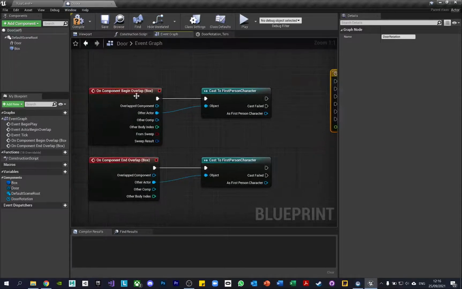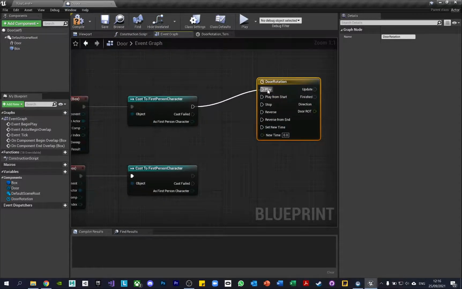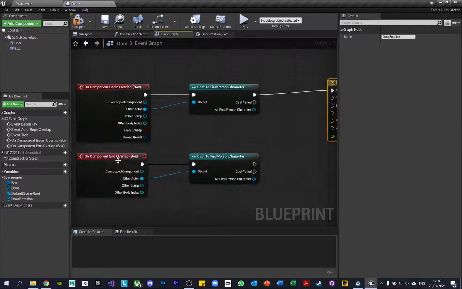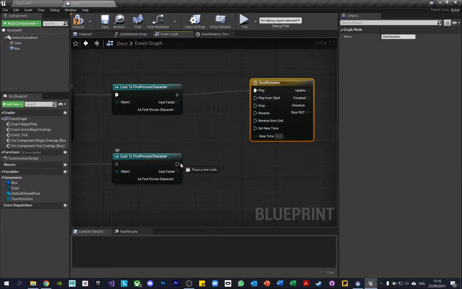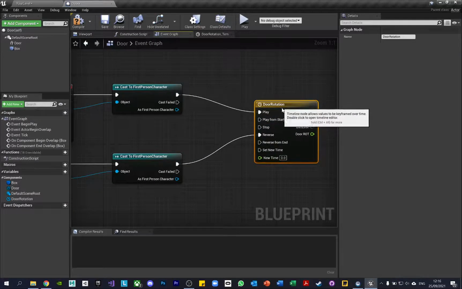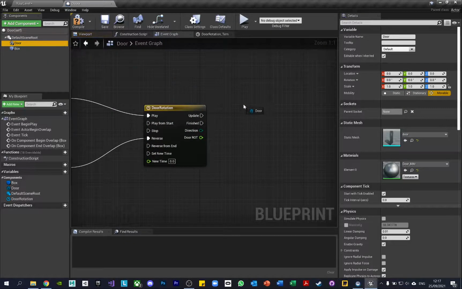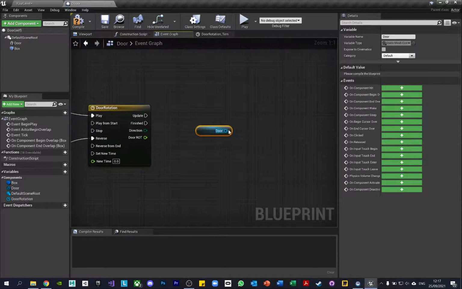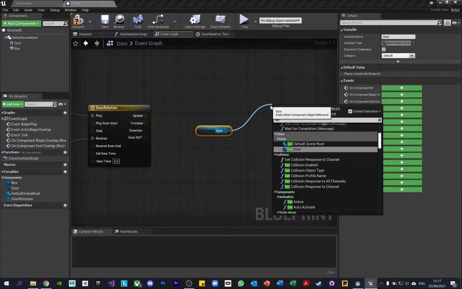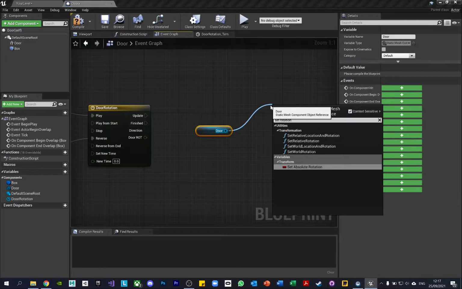So when we walk into this, we want it to play. And when we walk out of the box, we want it to close, so we're going to reverse it. Pretty simple. What we're going to be playing and changing is the door. So get the door, and we're going to say set rotation. You'll notice it's going to be set relative rotation. This is the one that we're going to use,